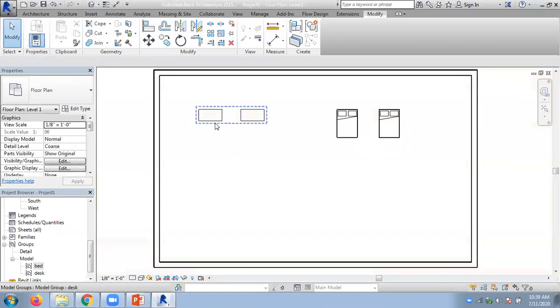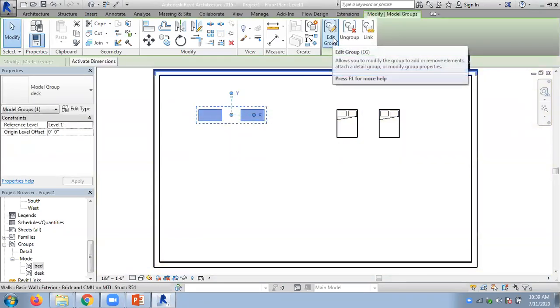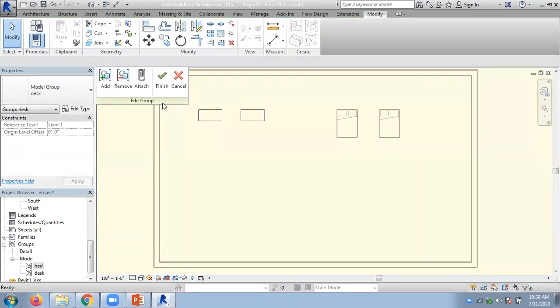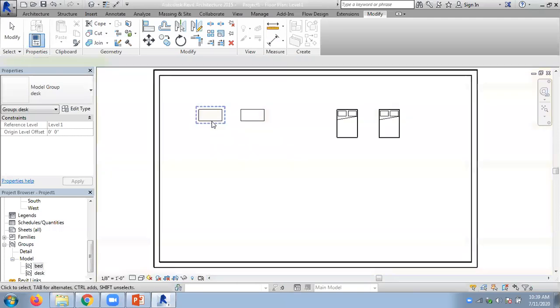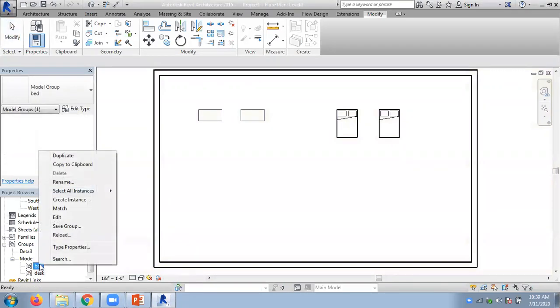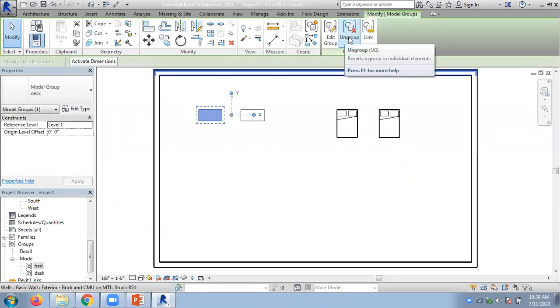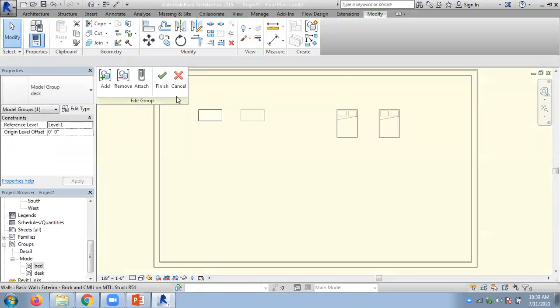Now if you want to remove one member, you can always go here, select the edit group and remove this guy from the group. Now this is single member group. Even still the bed group is available. Now if you try to delete, it's not going to work because there is a member in the group, you can't delete. So if you just try to edit group and remove this guy even,